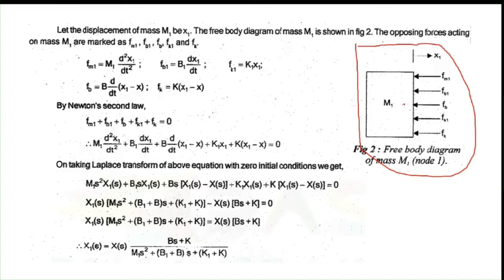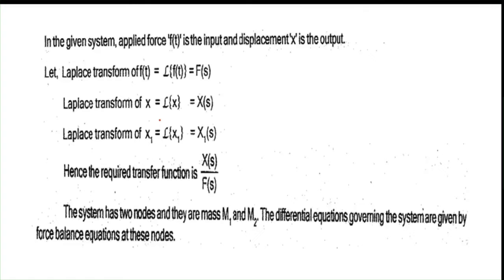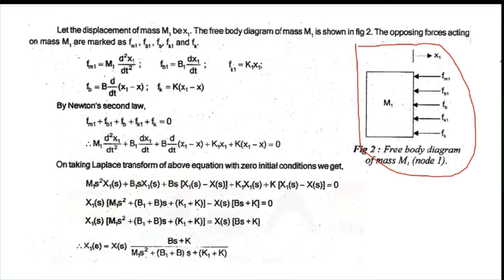I told you one simple tip here. Usually we point all the internal forces in one direction, and if we apply some external force, it should have the opposite direction. That is the convention that we should use. In this case there is no applied force for node 1, so all the forces are internal forces, and thus all the forces point in the same direction.